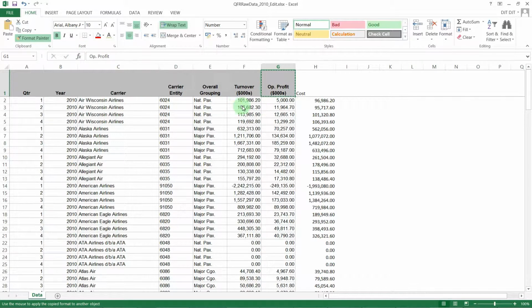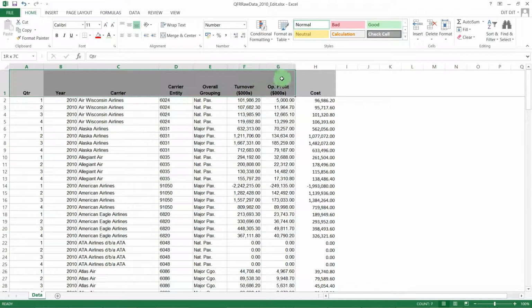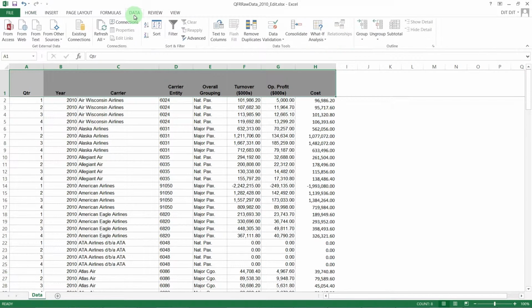Just click on Format Painter there, click on cell H1, and it copies the format from cell G1. But yeah, another quick useful analysis thing that you can do is, if you highlight all the column headings, you can basically put on auto filters. If we then click on the Data tab, you can see that there's the Filter button here. If we just click that, we've now got little downward pointing arrows that have appeared in the bottom right hand corner